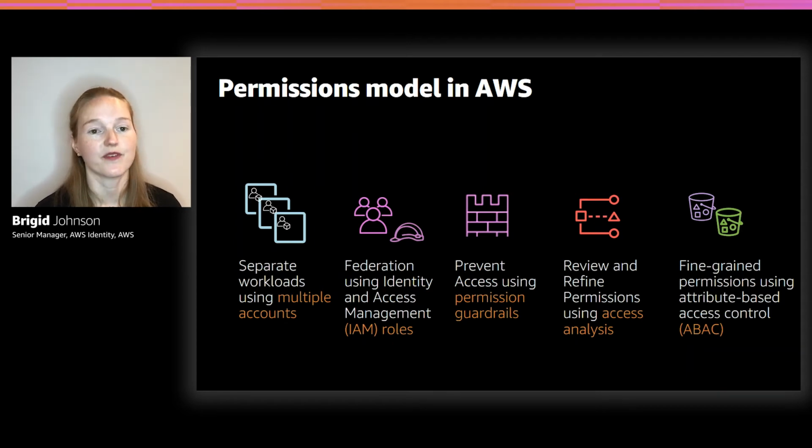They're doing some proof of concepts. You'll start with broader permissions, but then as they roll up into production, or those systems roll up into production, you need to make sure they get to least privilege. And that's where AWS provides you tools to review and refine permissions using access analysis. And we'll go into that. That one has 2 demos, so I'm pretty pumped about that.